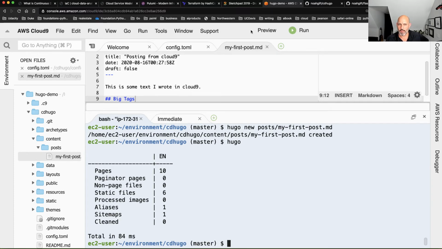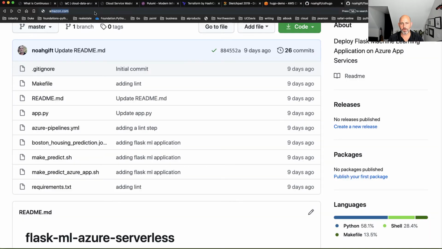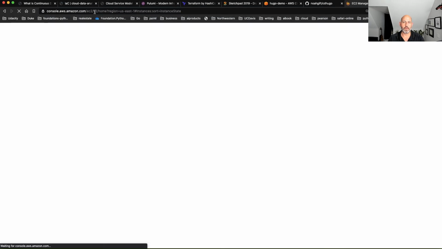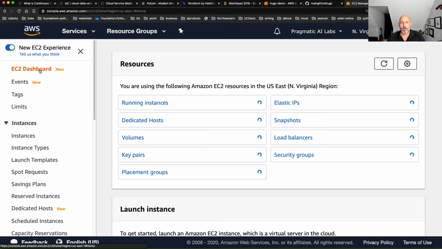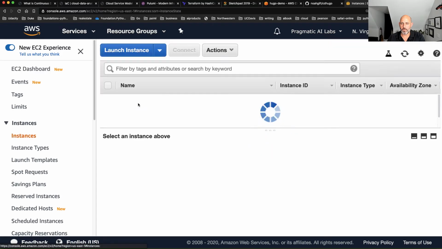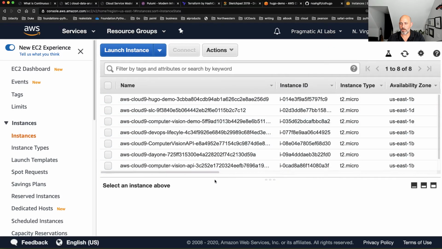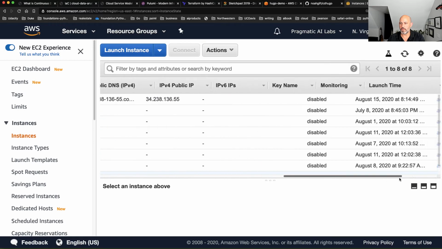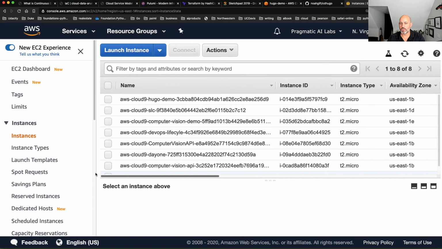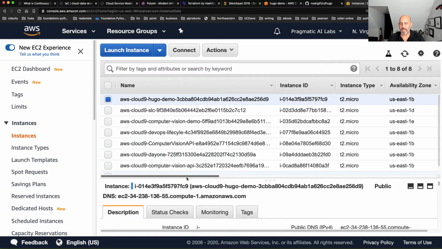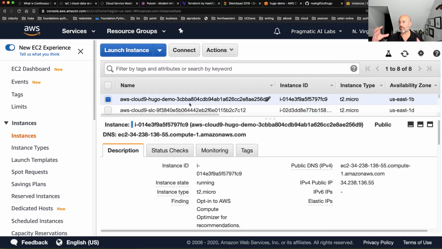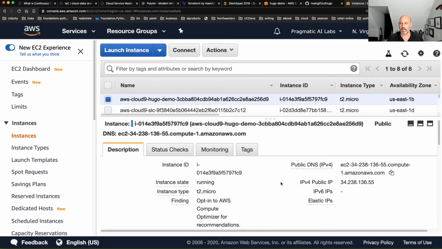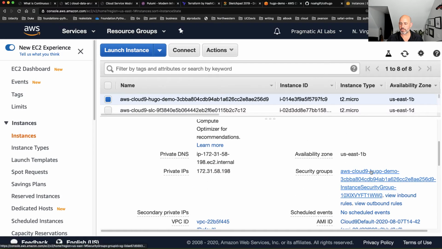So to do that, I'm going to open up the AWS console here again. And from here, I will go to running instances, and you should see that this thing is now available, which is this. I just have this guy available. So I'm just going to click on this and look at the security groups. So this is a virtual machine that's running. That's how they do their cloud-based development environment. And if I scroll down, you can see here's the security group, and I could look at the inbound rules.